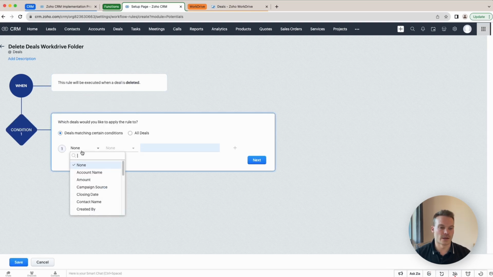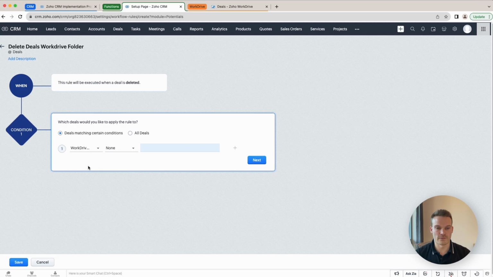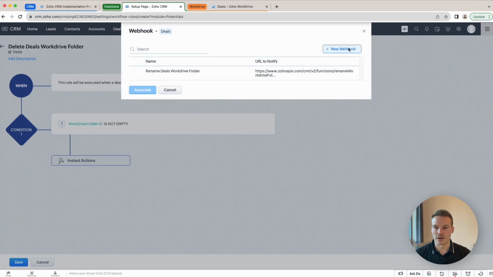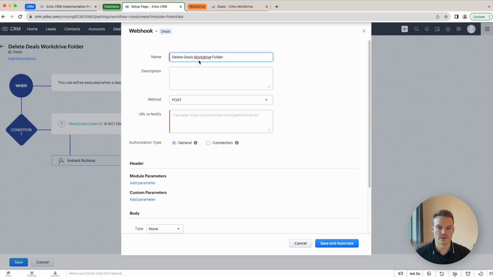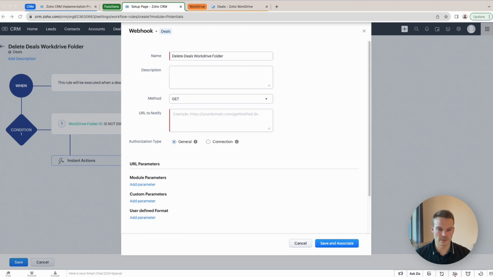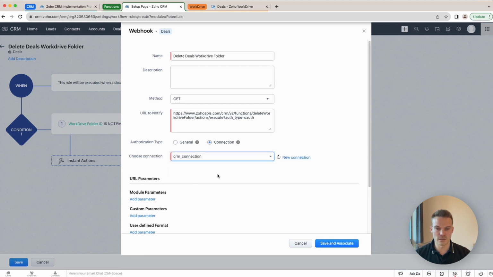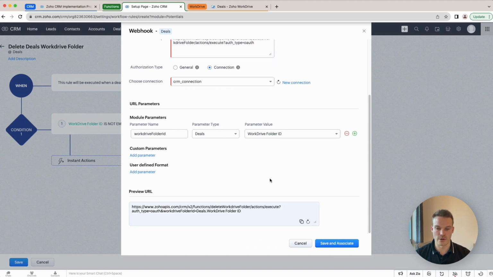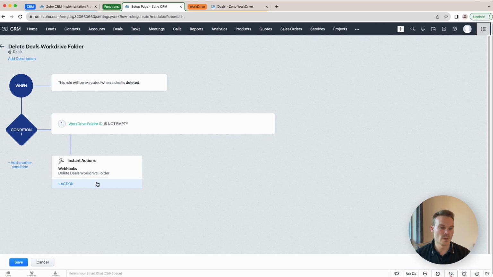Now we only need to do this one again for deals that have a WorkDrive folder ID, so we want to make sure that it's not empty. Then click next. We're going to fire off another webhook, and we're going to create a new webhook here. This one will be the same, again with a get. And we're just going to copy in here the URL for that other WorkDrive's deleting function, connection, again, CRM, and this one here, we only need to have a WorkDrive folder ID parameter and WorkDrive folder ID. You can see our URL if you need it, and then we click Save and Associate,